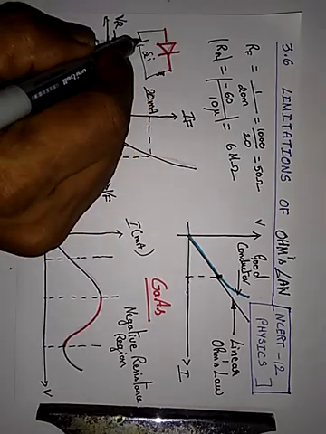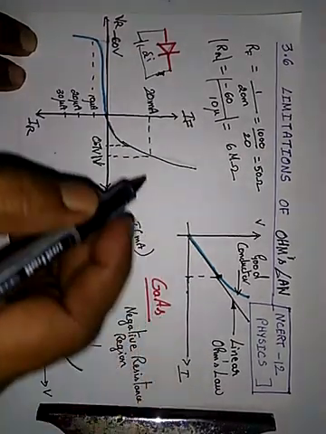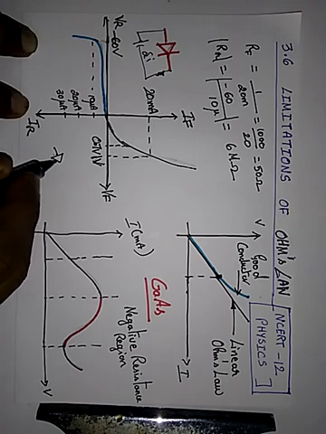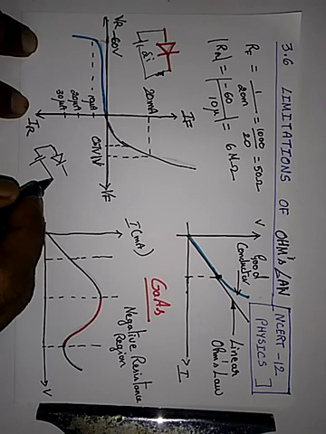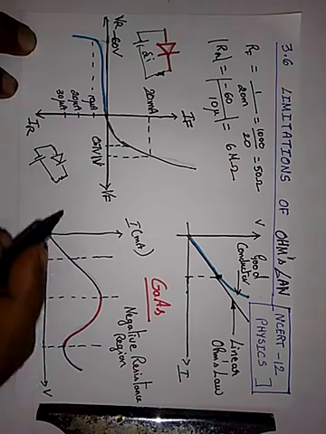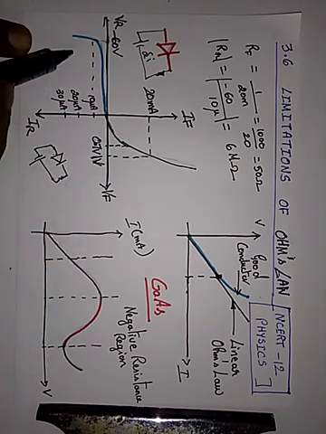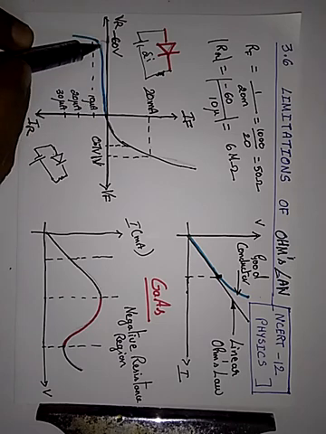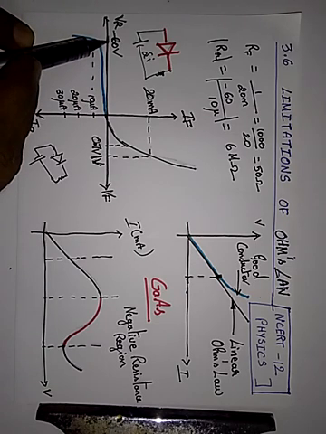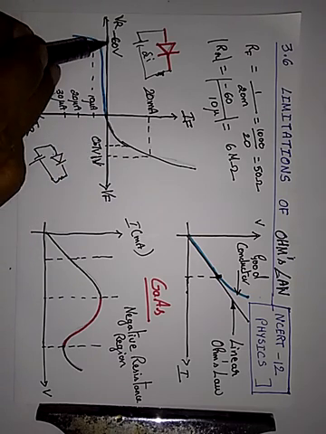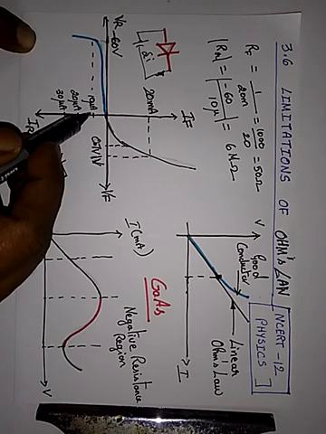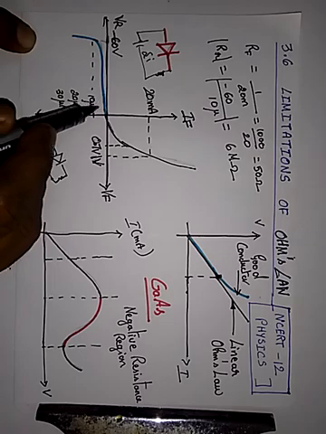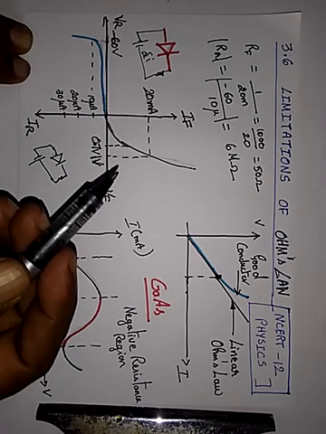But when the same diode is reverse biased, the positive is connected to negative and the negative is connected to positive. Okay, this is the reverse bias connection. So when it reaches a particular threshold point, say minus 60 volts, it will start conducting. But till then the current value lies roughly between 0 to 10 microamps. That means its value is in microamps.